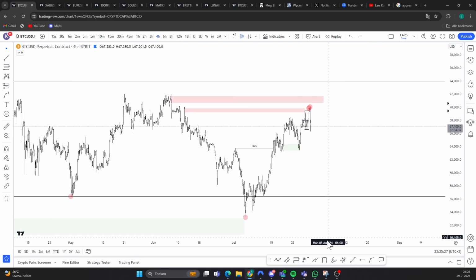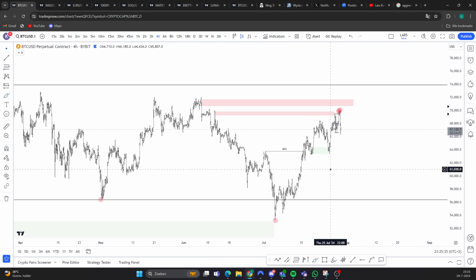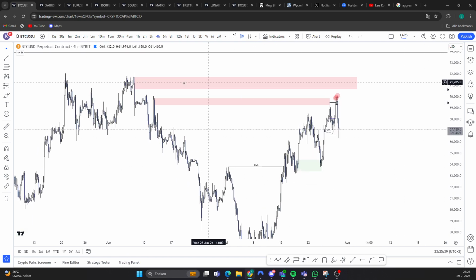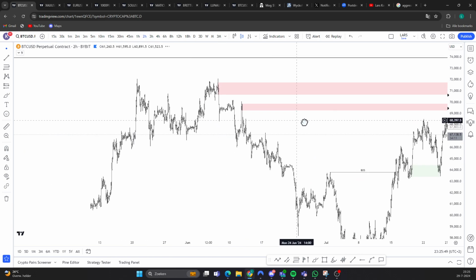We got that break right here. We're expecting a higher low right here and then the higher low right here, both called on the live stream on BB. And then we got the move up that followed, and then we came into our first, I don't want to say major resistance zone. I wasn't expecting that big of a rejection from this little supply zone that we have, but it was basically